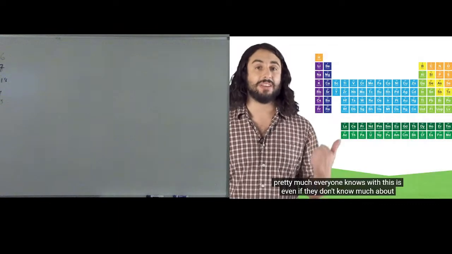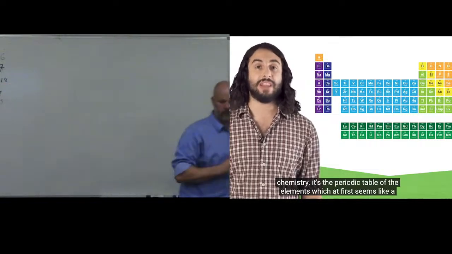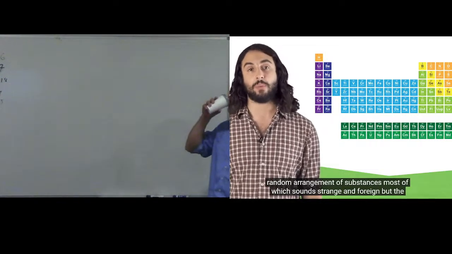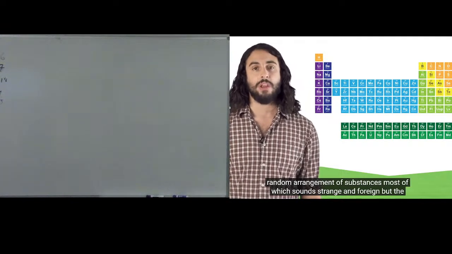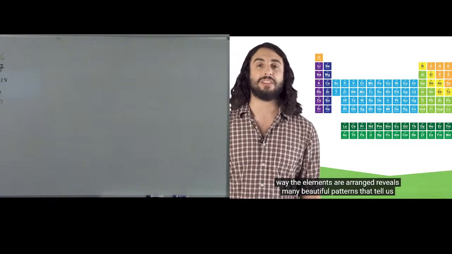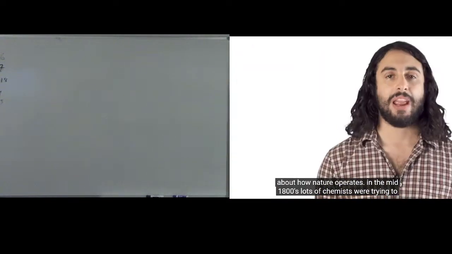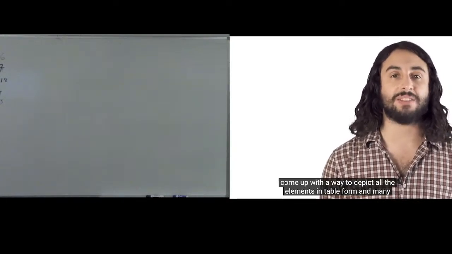Pretty much everyone knows what this is, even if they don't know much about chemistry. It's the periodic table of the elements, which at first seems like a random arrangement of substances, most of which sound strange in form. But the way the elements are arranged reveals many beautiful patterns that tell us about how nature operates. In the mid-1800s, lots of chemists were trying to come up with a way to depict all the